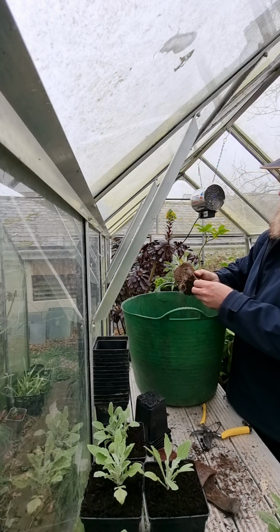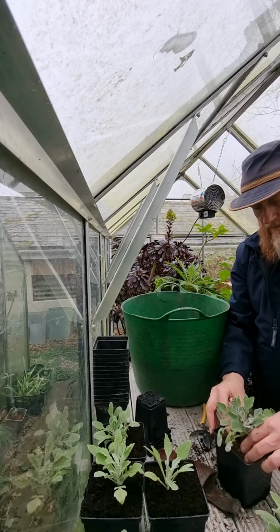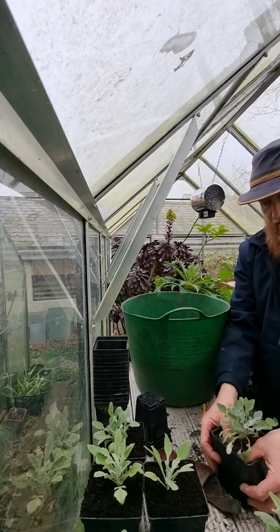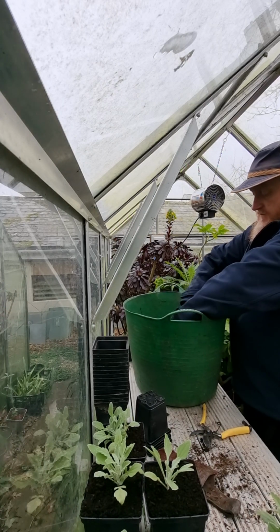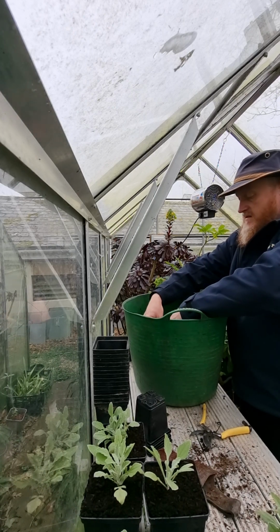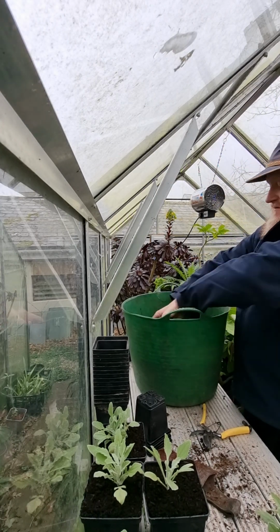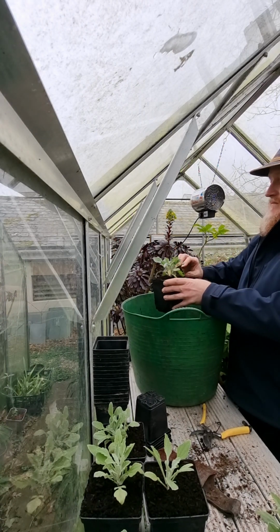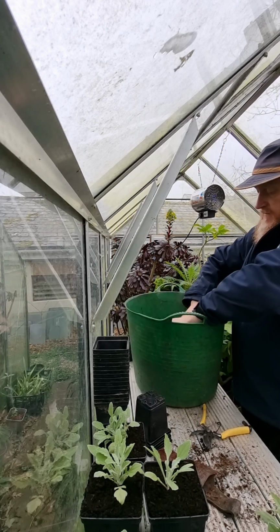And again, it's just a case of teasing the roots out a little bit, popping it in the pot. Doing it on the bucket isn't great for video purposes. And then settling it down into this new compost. These will have a good dose of water. Now this is a heated greenhouse, but that makes it sound like it's the rainforest in here. It's not. It's heated to keep it frost free, so it's actually only between 5 and 10 degrees centigrade all winter in here, and it's just to keep the frost off. So cans of water can get actually very cold, and you don't want to shock these plants that have been sitting in a